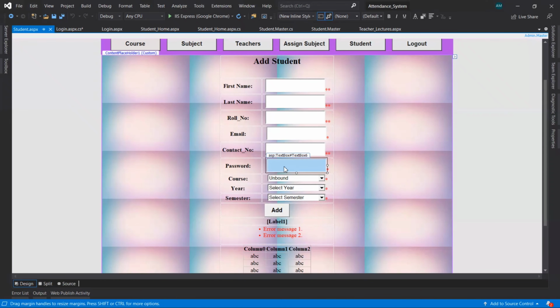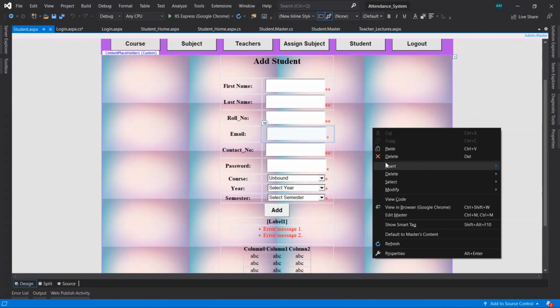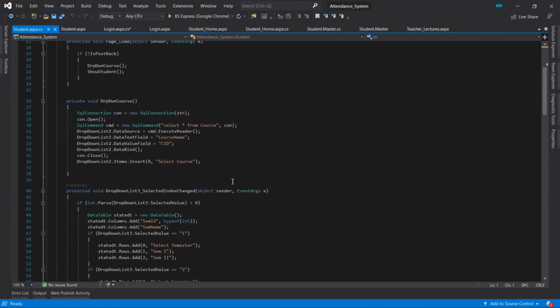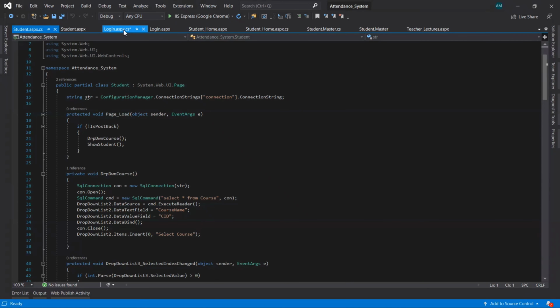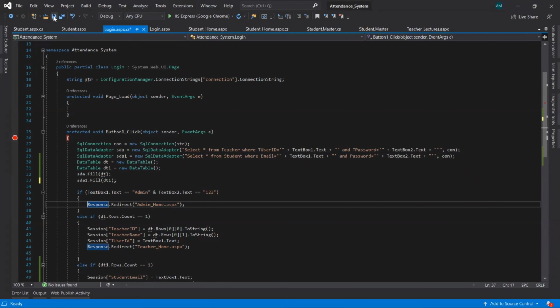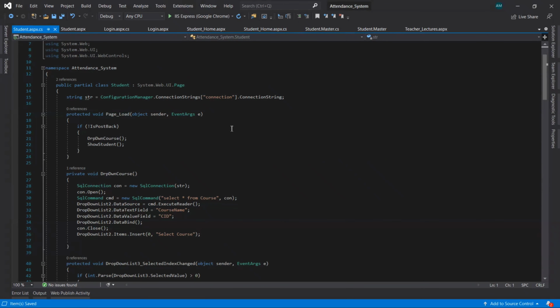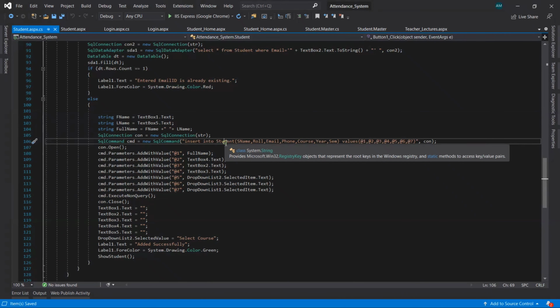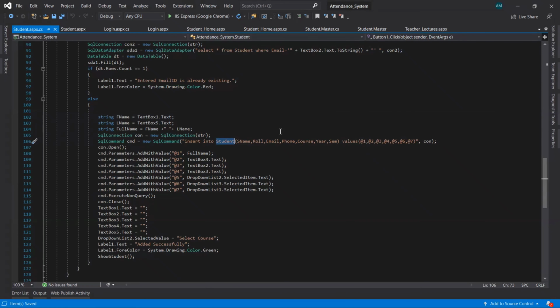Now we want that value to be entered in the CS page while inserting into the student table. Save the page that we have changed. Now here, while inserting into the student table, we have to take the one new column that we have added, that is the password.